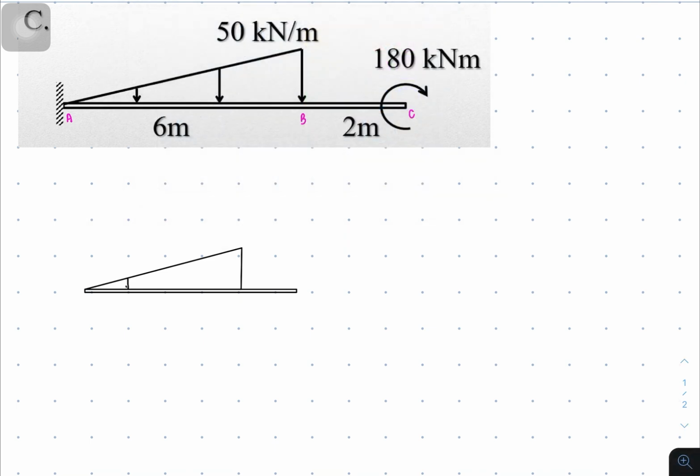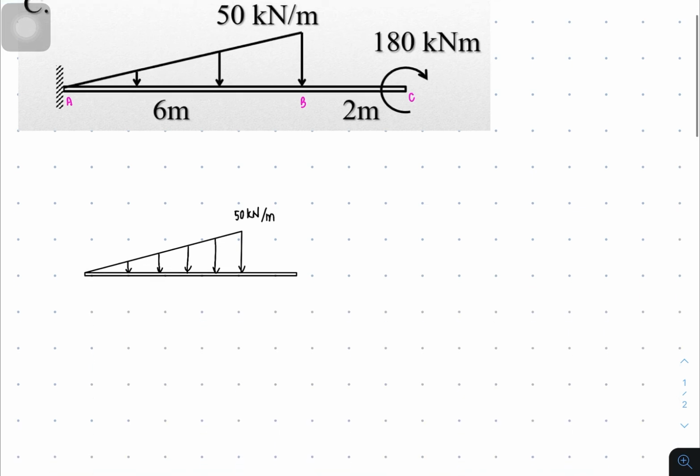So let's make the line of the distribution, and this is 50 kilonewtons per meter, and with this you have also the 90,